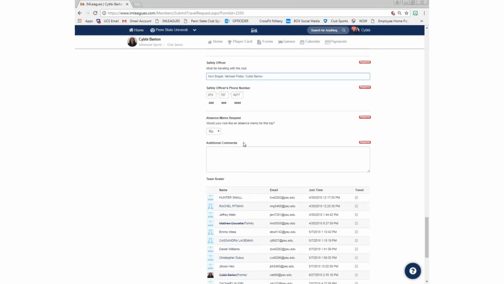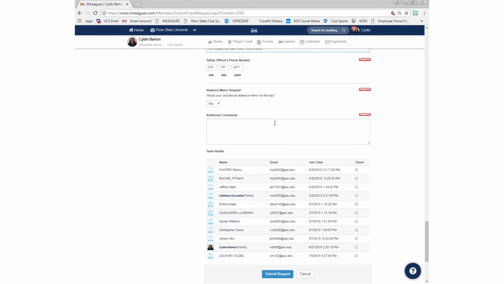Moving forward, the absence memo request. If your club does need an absence memo for this trip, you need to indicate this here. You're going to be selecting that section and then completing an additional form that indicates who is going to be going on this trip, and that's the additional section, and that's the section here below where it has your team roster, and we're going to be printing you off one